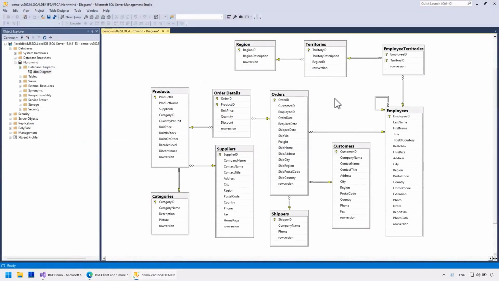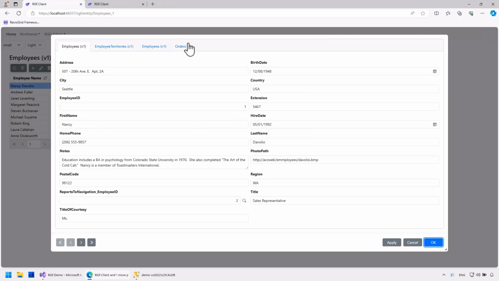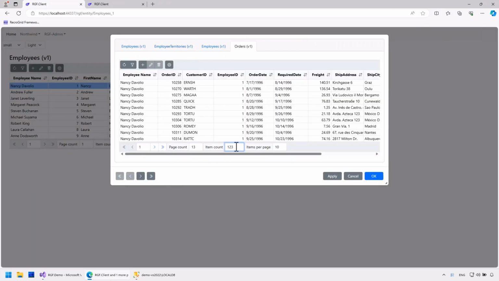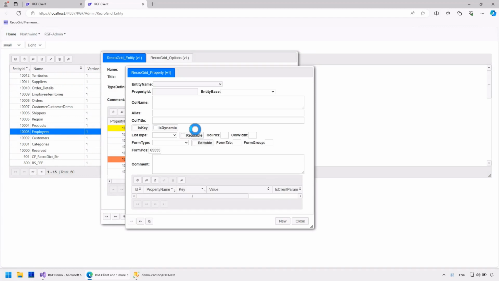In the second part of the tutorial, I will add an aggregated value to the employee entity, showing the number of orders assigned to each employee. The same value can be seen in the embedded orders grid in the item count field. Again, I'll add a new property to the employee entity. The column definition will be an NSQL expression where I'll request a count from the orders table with the condition being the current employee's ID.